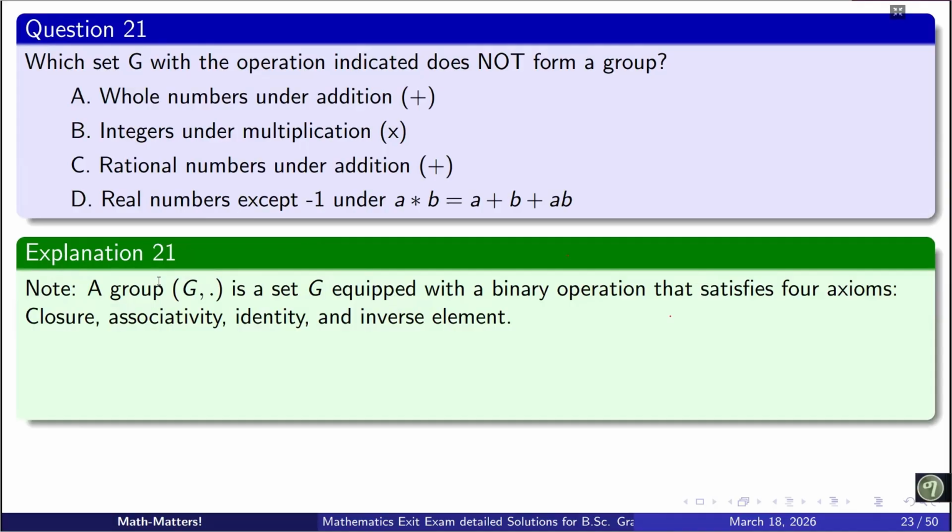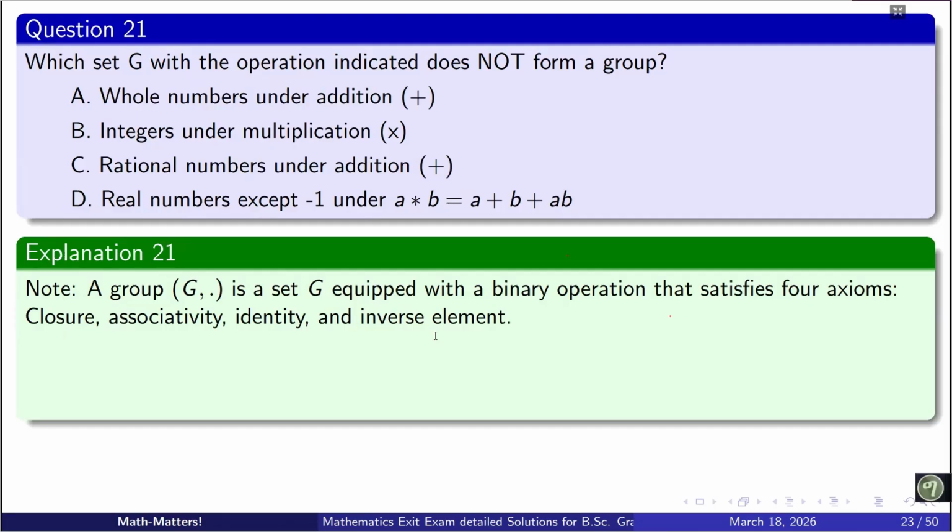Note, a group, simply G with an operation that's simply a dot, is a set G equipped with a binary operation that satisfies 4 axioms. That means closure property, associativity, existence of identity, and the existence of an inverse element for each group element. So we measure the given alternatives with respect to whether they satisfy these